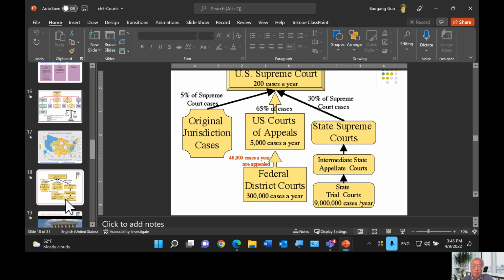The reason for that is, again, there are only 9 justices, and they don't have enough manpower to handle all cases. It used to be that they had to hear all appeals filed with the Supreme Court. But in the early 20th century, the Supreme Court finally had enough, and they drafted a bill, later passed by Congress, that changed the mandatory review to a discretionary review. That served to reduce the caseload for the Supreme Court.